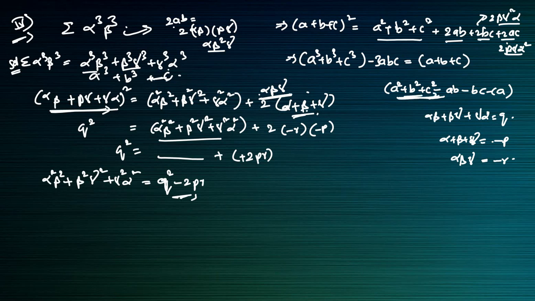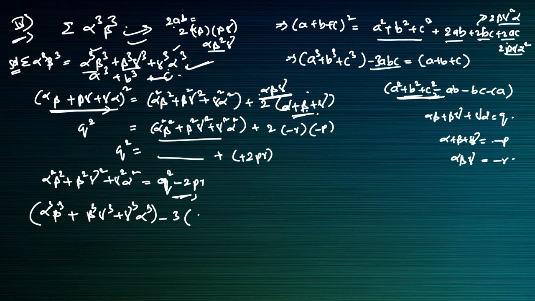Now here I will take a cube plus b cube plus c cube. So it means alpha cube plus beta cube plus gamma cube, minus 3abc. Minus 3 into abc means alpha square beta square gamma square will come here. Alpha beta, beta gamma, gamma alpha will multiply, so it becomes alpha square beta square gamma square. This is equal to a plus b plus c, that is,